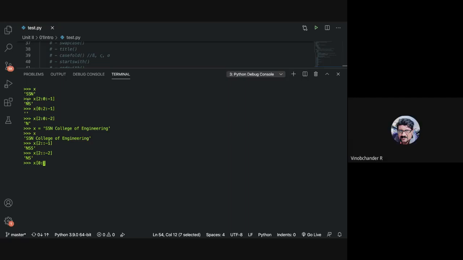If you put a -1, S is getting printed. -2 means only n will be printed, right? 0, 1, 2, and then till 0 you are going. So when you start from here, -1, -2, S is not going to be printed. Tell me why. If we don't give that 0, it will print S, no, sir.